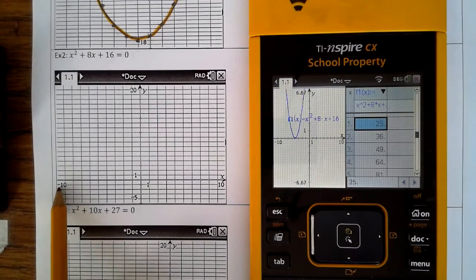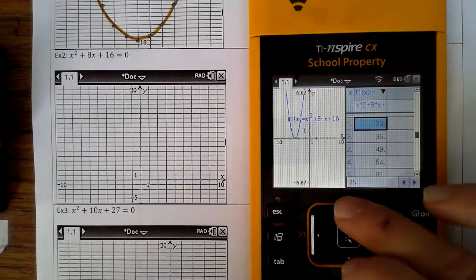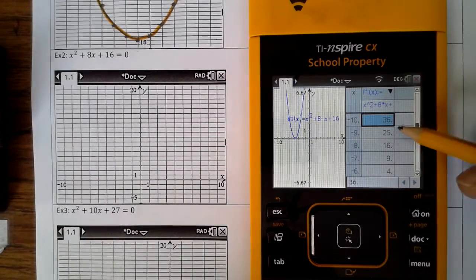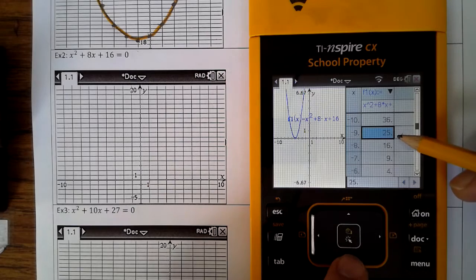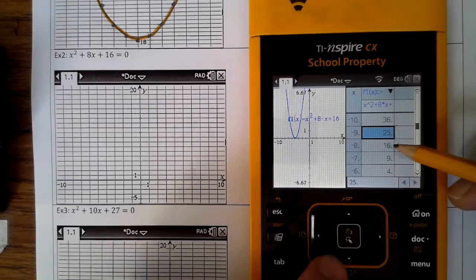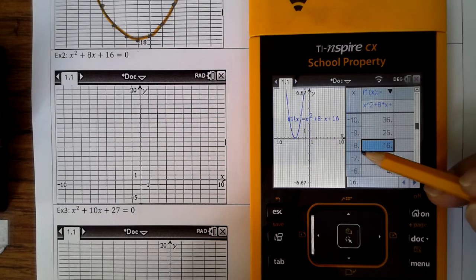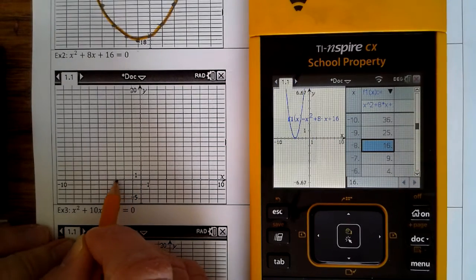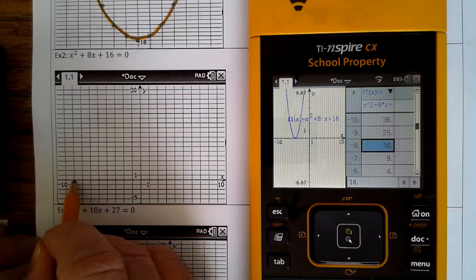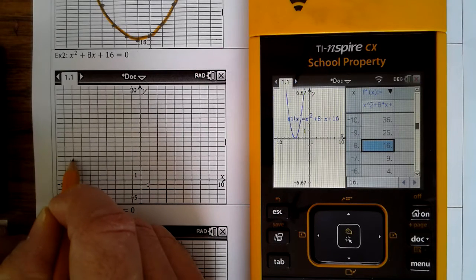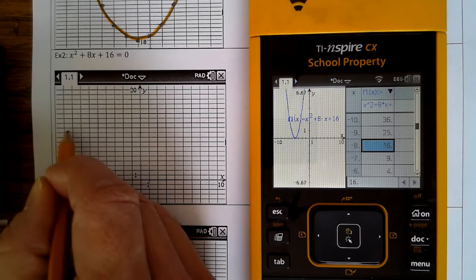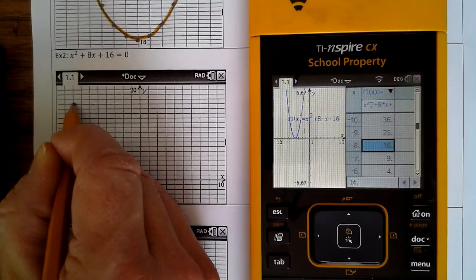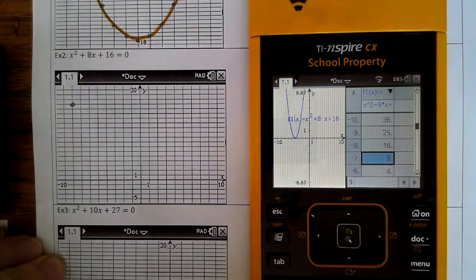So x is -10. And you can see that we can't graph that point because that doesn't fit on the table. We can't, 25. The highest we can go is 20. 16 fits. So we're going to start our point at -8, 16. So -1, 2, 3, 4, 5, 6, 7, 8. 1, 2, 3, 4, 5, 6, 7, 8, 9, 10, 11, 12, 13, 14, 15, 16. And our next point is -7, 9. So if this was -8, this is -7. So -7, 1, 2,